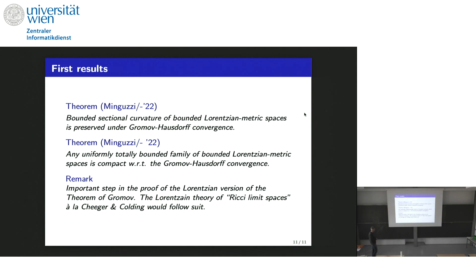Second, we can use this distinction metric to define the usual notions of a uniformly totally bounded family of bounded Lorentzian metric spaces. And we find that this is compact with respect to the Gromov-Hausdorff convergence. This is the first half of Gromov's compactness theorem for lower bounded Ricci curvature in Riemannian geometry. The second part of that theorem is just an application of the Bishop-Gromov inequality. The problem here is that the distinction metric used to define these things doesn't talk to the Lorentzian geometry